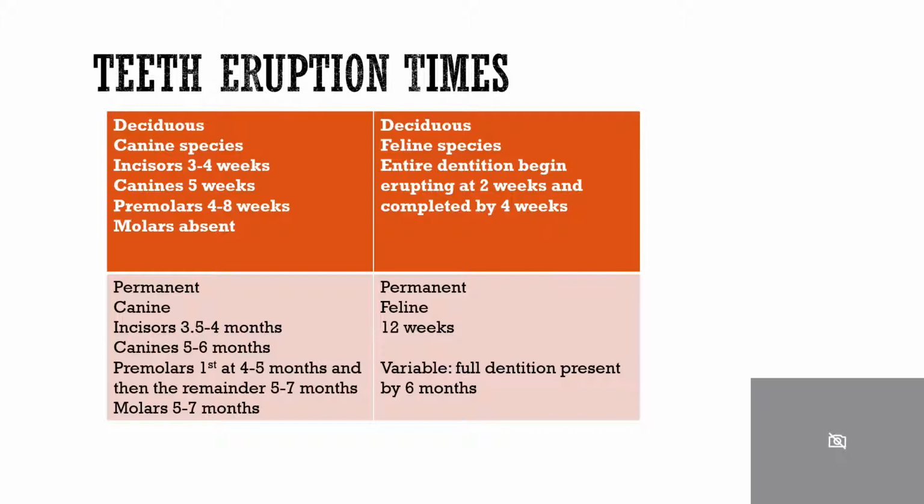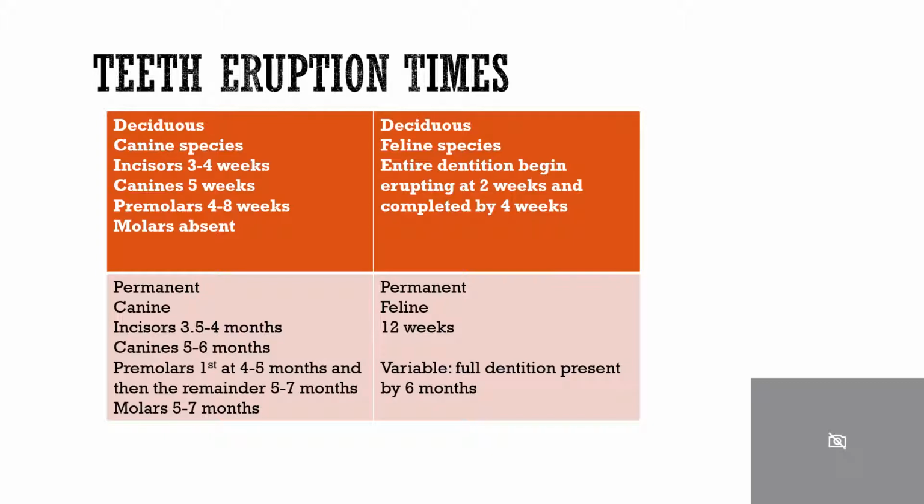Tooth eruption times. So in relation to deciduous and permanent, I've broken it down into canine and feline species for you. So for the canine species, incisors should erupt in relation to the deciduous dentition at 3 to 4 weeks, canines at 5 weeks, premolars at 4 to 8 weeks, and then molars are absent. Their permanent dentition, their incisors should erupt at 3.5 to 4 months, canines at 5 to 6 months, premolars first at 4 to 5 months, and then the remainder between 5 to 7, and molars 5 to 7 months of